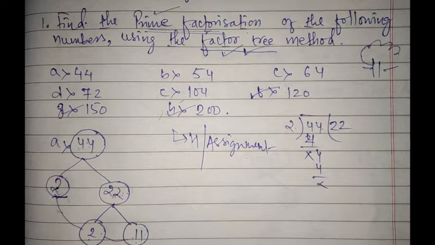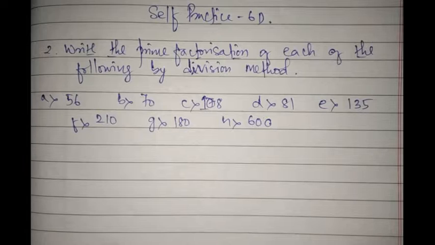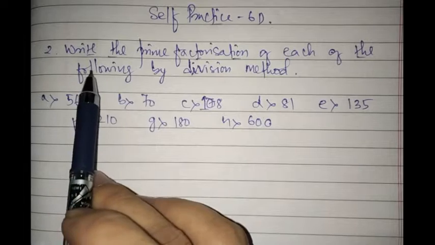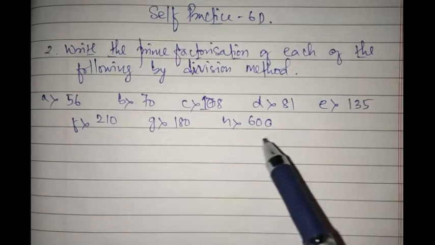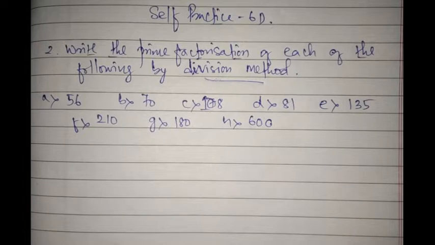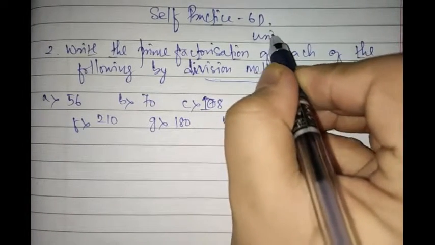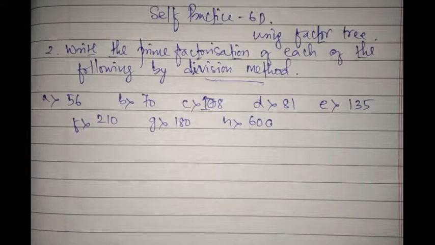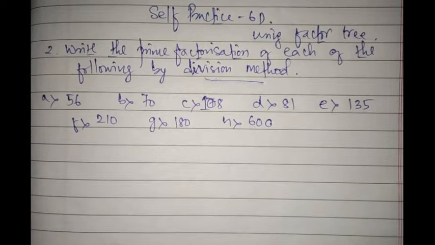Okay, so now we will find the prime factorization but using the division method. Alright, so let's check it out. Here we have question number 2 from self-practice 6D. The question says that you have to find the prime factorization of the given number using a division method. In our previous question we did it using a factor tree. We made a tree in which you saw the branches. You divided using the smallest prime number, that is 2, right? If not 2, then you moved on to 3. 9 you divided with 3.